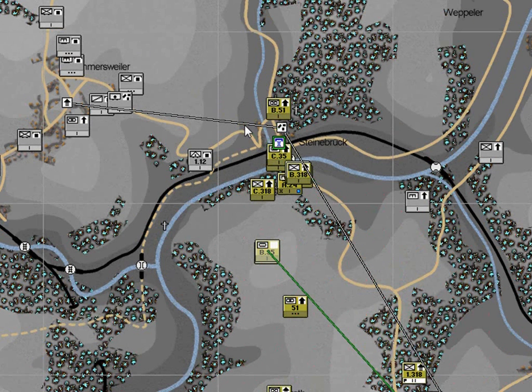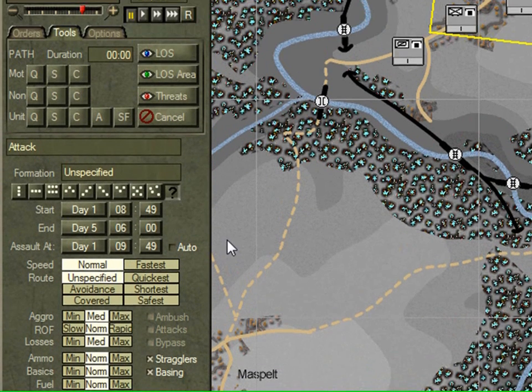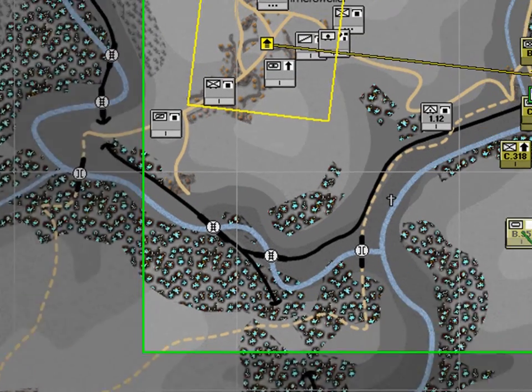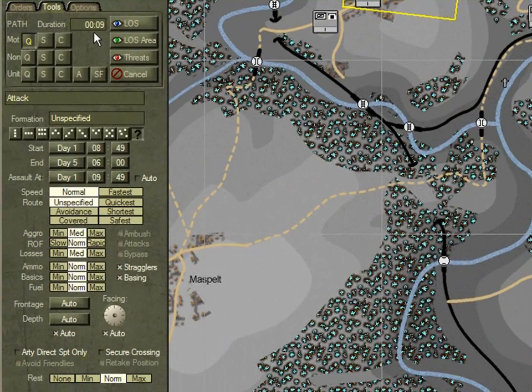Double click to end the tool, select the attack order icon. We need to set the assault at time, so uncheck the auto, and we're going to add 1 hour, so single left click on the hour button makes it 09:49. Select the quickest motorized path tool, click on the FUP, click on the objective, and note the duration is estimated